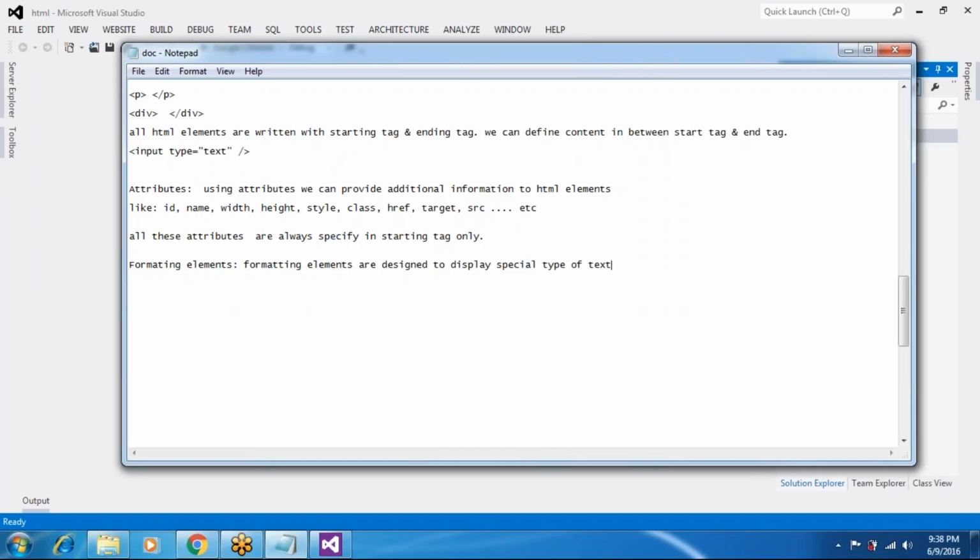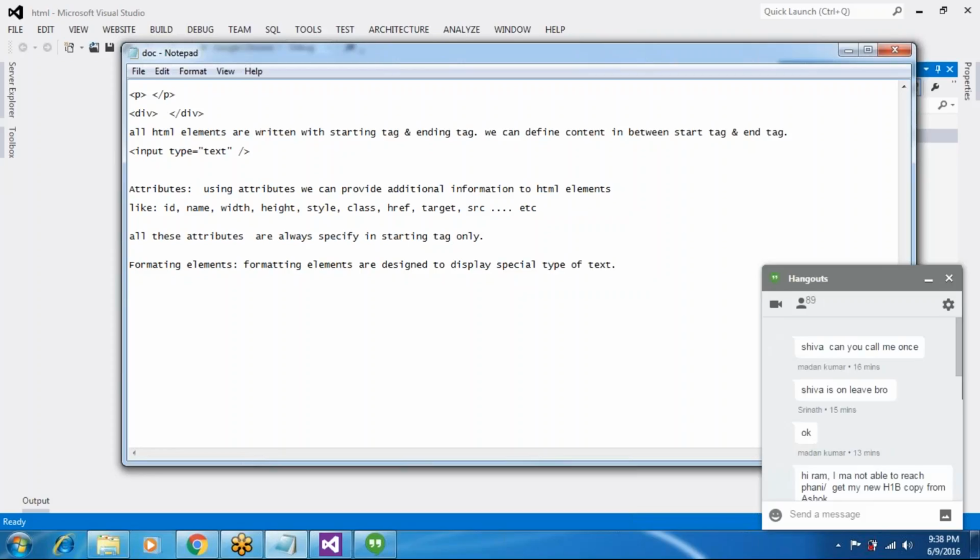Special type of text means, suppose if you want to display bold text, bold type text,